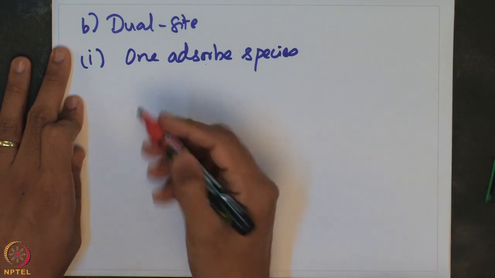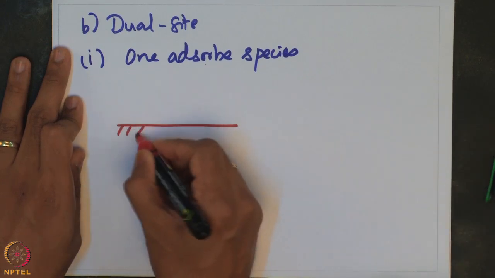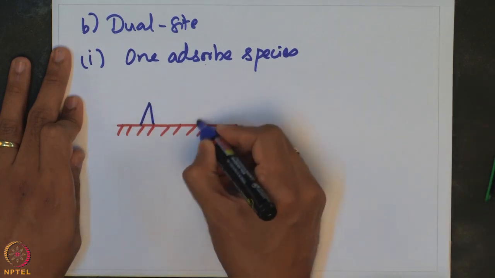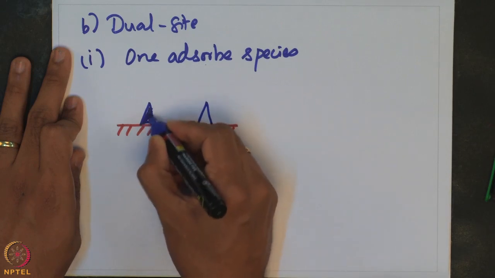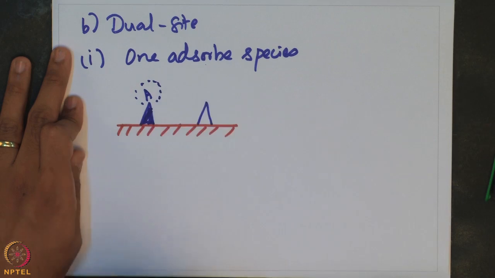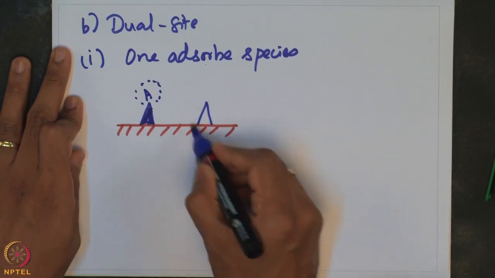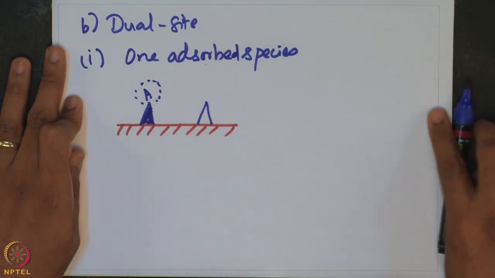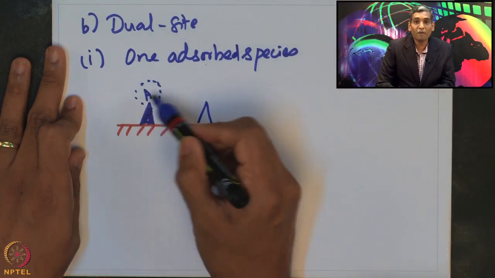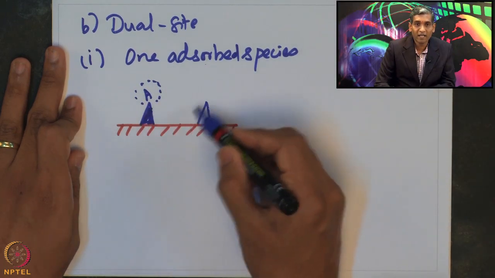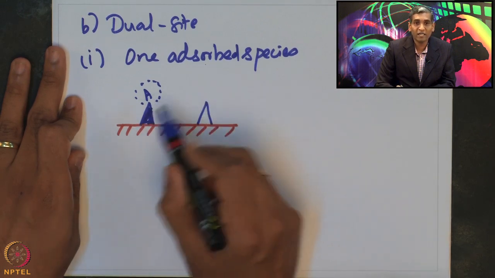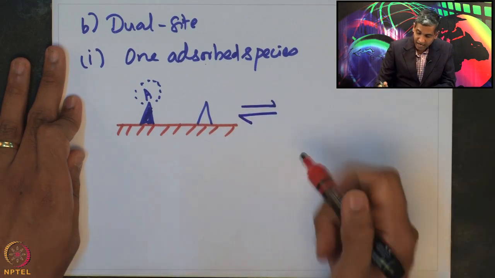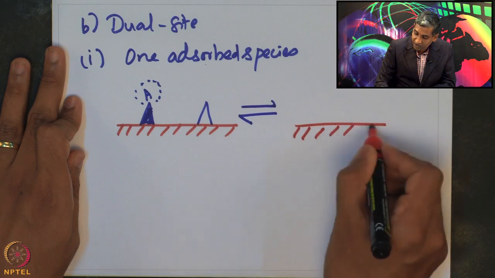And one can depict this as, if this is the catalyst surface and we have the active sites sitting here, and let us say that species A is adsorbed onto this site and there is a vacant site which is present. So, this one adsorbed species dual site is essentially the case where you have one species which is adsorbed onto the surface and there is a second vacant site, and somehow these two actually interact with each other in order to form the product species,